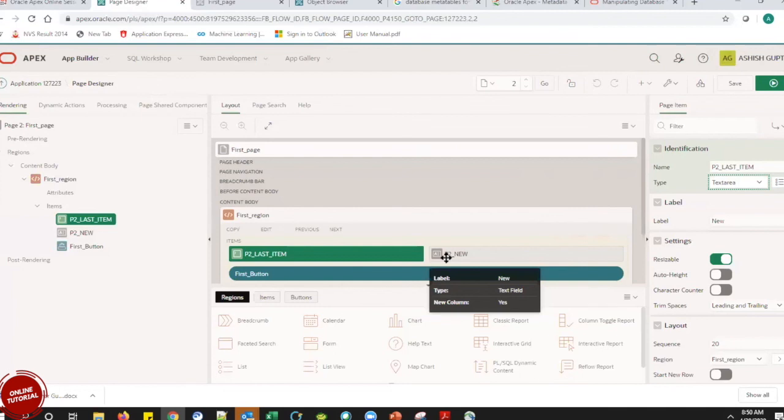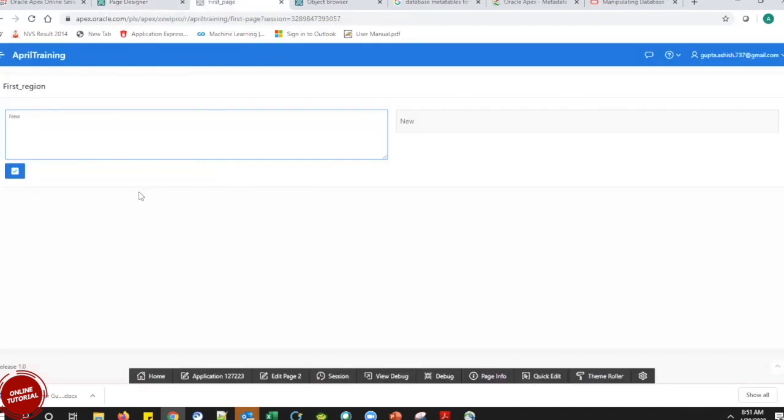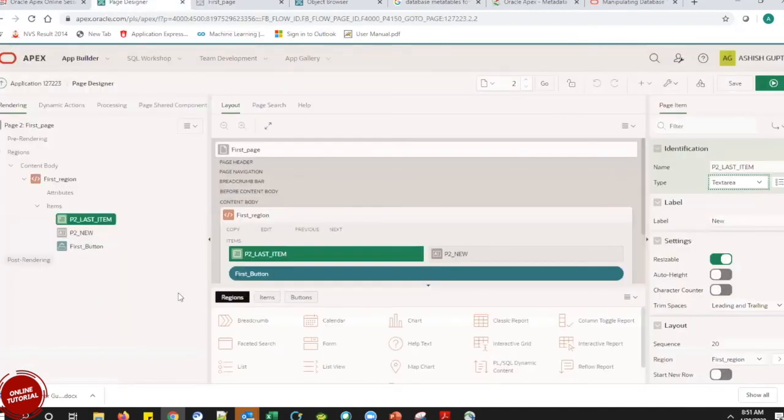Is there any limit on how many regions we can have on a page? No, there is nothing as such. The limitation depends on the number of items that we are creating in a region. Does the region have limited space?